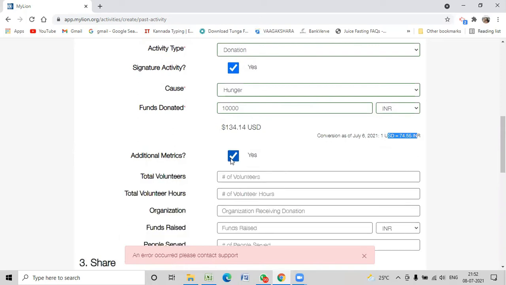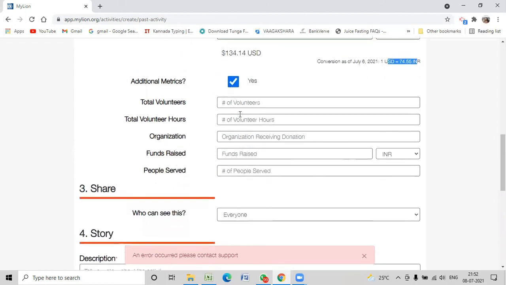If you want to click on additional metrics and give the number of volunteers, how many people from your club had gone, how many hours did you spend? So let's say I had 3 volunteers from my club who had gone. Volunteer hours: each of us spent 3 hours, okay? So 3 into 3 is 9. So 9 volunteer hours is what is spent there.